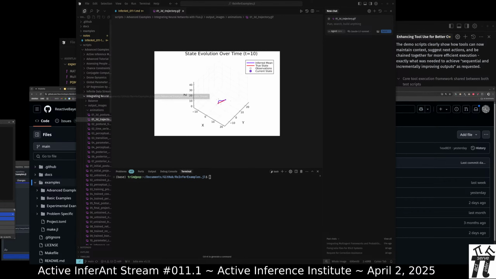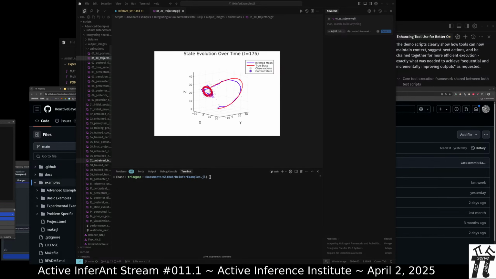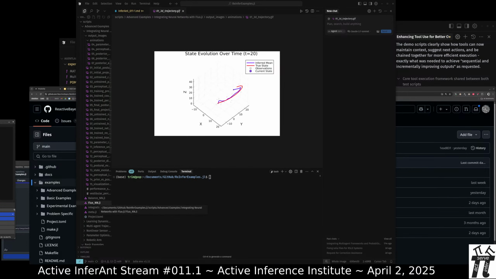And in this example, integrating neural networks with Flux.jl, there's a 2-step process that has a lot to do with the continuous time series interpolation and the slower switching model. Here, at the first level, there's the learning of a statistical model of the Lorenz attractor state space using a Flux neural network in Julia.